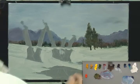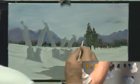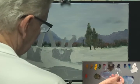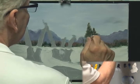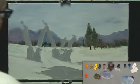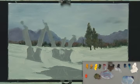All right, so now the mountains are there, the trees are there. Maybe I'll put a little bit of a trunk that shows through in these trees. Fairly abstract, but you can tell they're pine trees. That's the idea. All right. Now, see how we're doing on time. Not too bad. All right, now